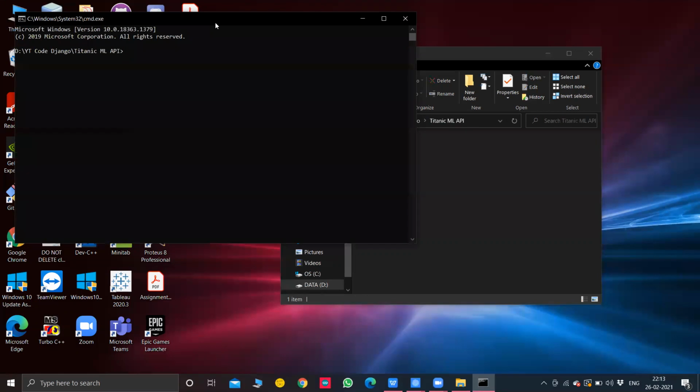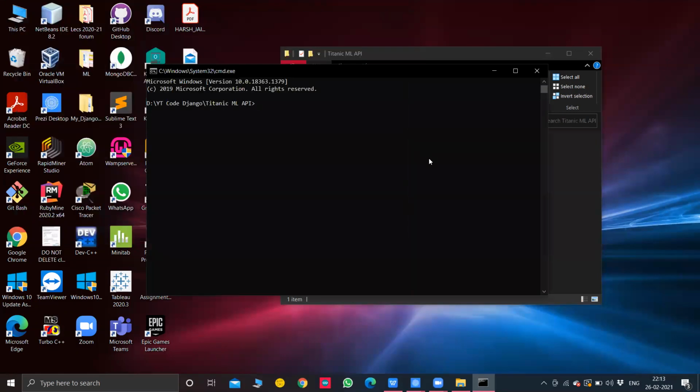Then I'll use the commands that we used before, that is django-admin startproject, and I'll name the project ML API. You can give any name. I'm selecting ML API.